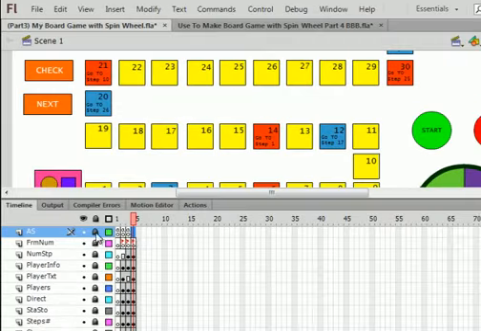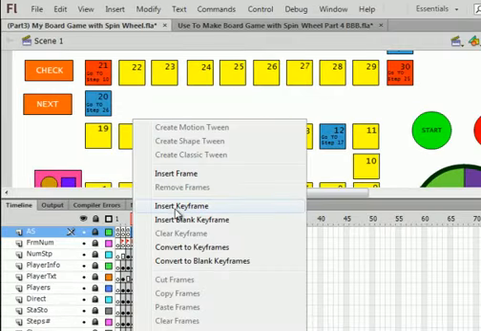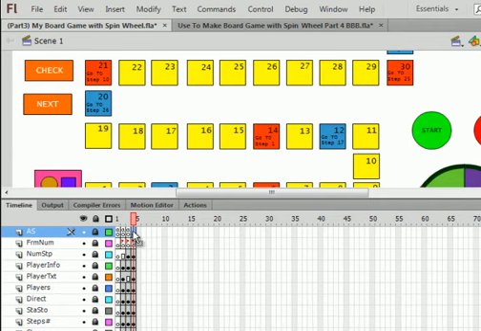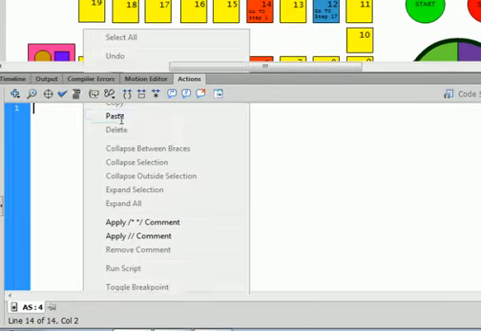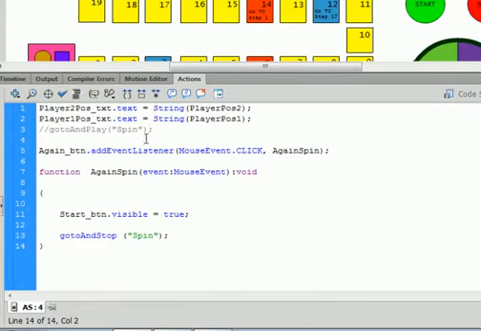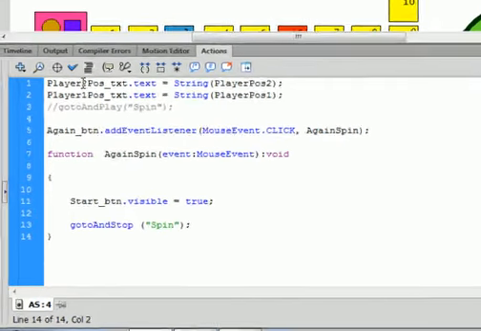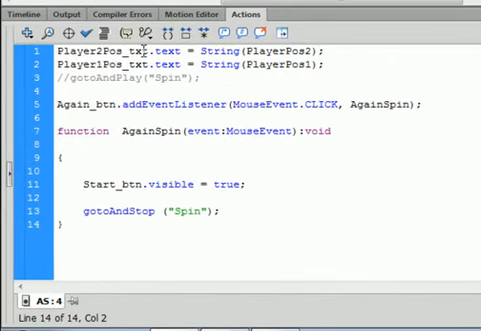Insert this frame 4 of the actions layer, right click, insert a keyframe. So we're going to have some action script in there. Select the action panel. So let's do some typing. Player 2, position _txt, period, text. Text will turn blue. Over here it's capital P for player, capital P for position, equals string, capital S,